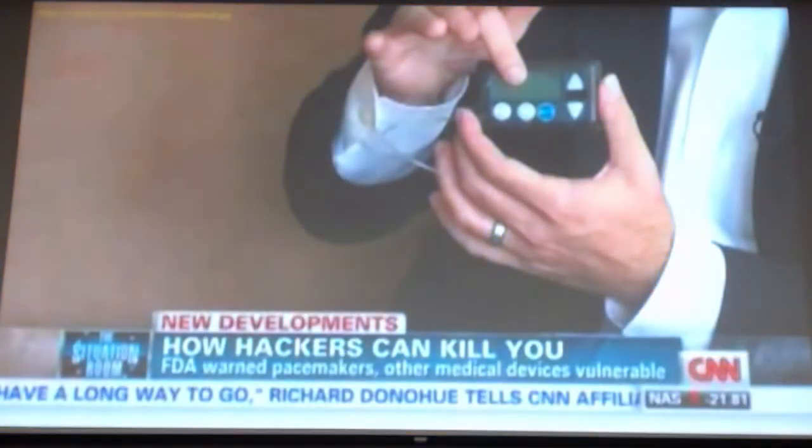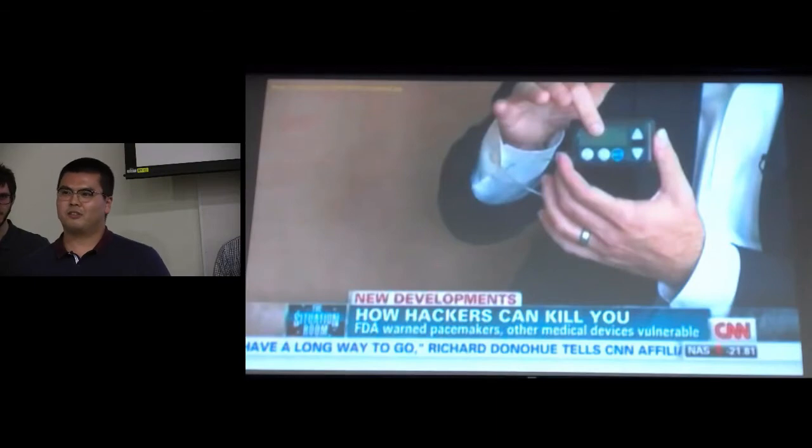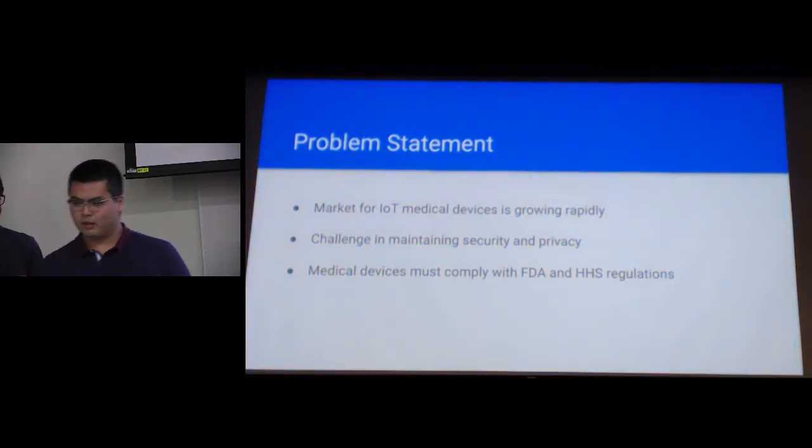So the motivation for us to conduct this research project is the recent uptake of connected medical devices such as insulin pumps or pacemakers with wireless capability. So if a malicious attack were successful on an insulin pump with connection, it could command the insulin pump to inject a lethal dose of insulin to the patient that threatens the patient's life. And so the